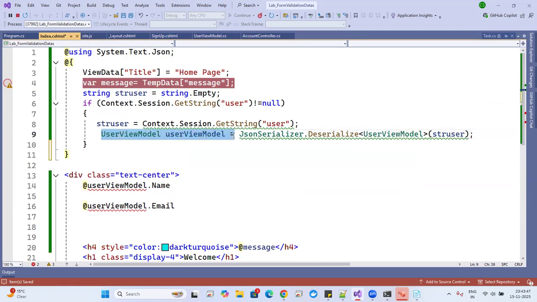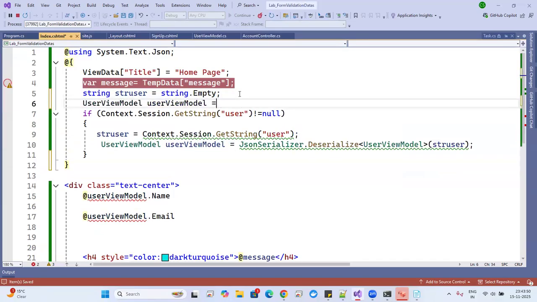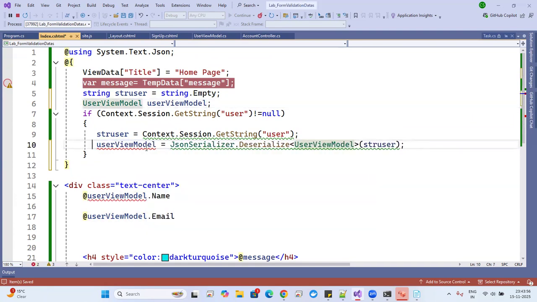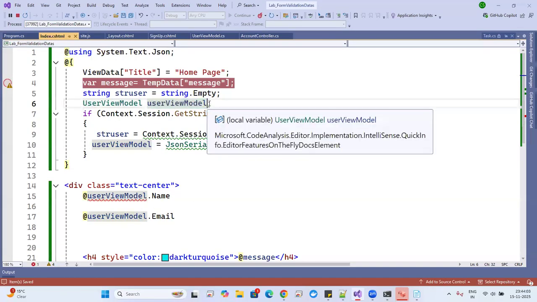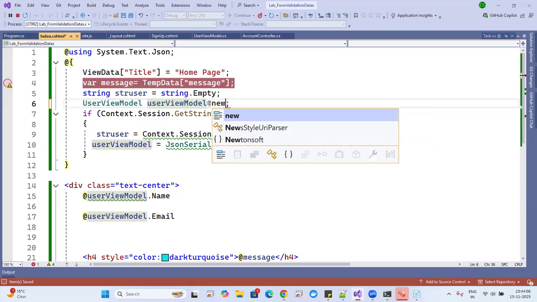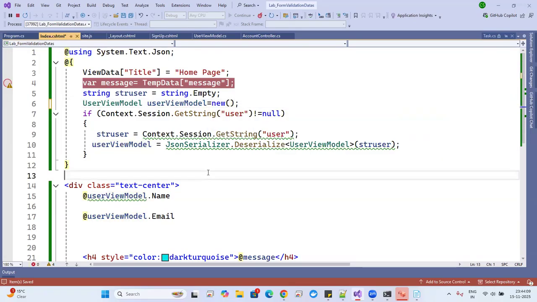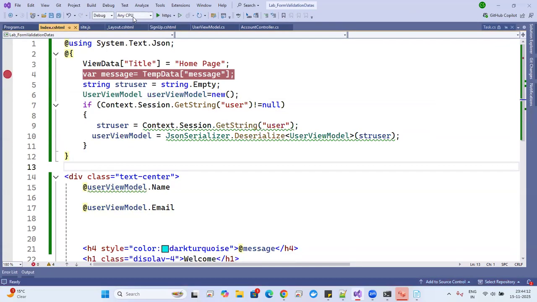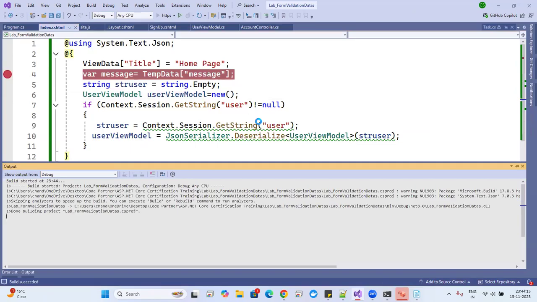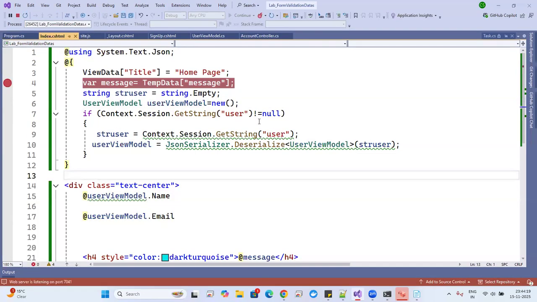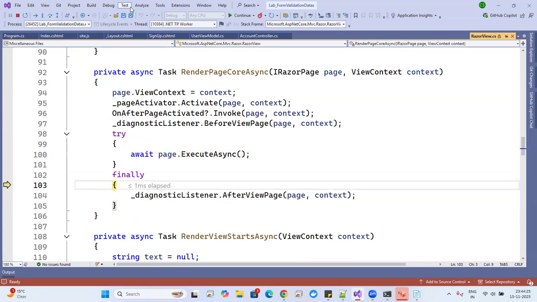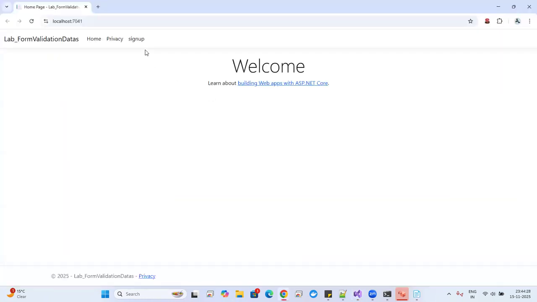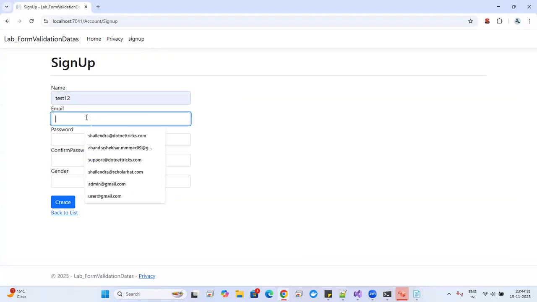Okay, now create the object on here. Go to sign up. Then